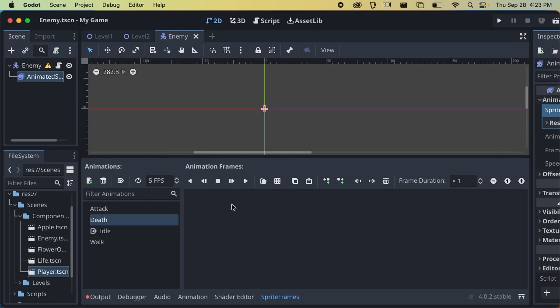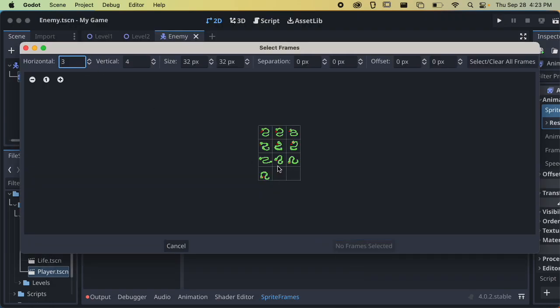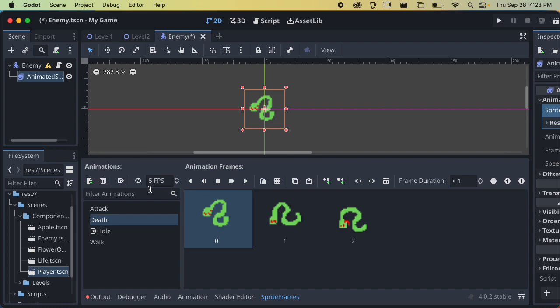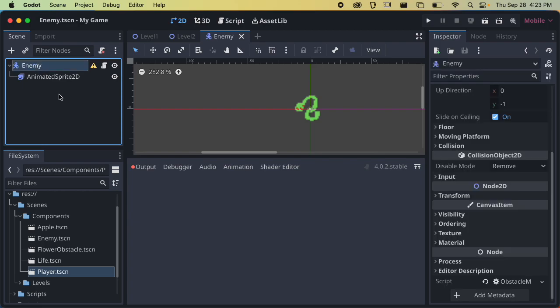Okay, and then I have my death one. Just going to grab that sprite sheet one more time. Grab these last 3 frames. And let's see what that looks like. Okay. I could probably use a few more frames there, but it's good enough. So we've got our animated sprite. That's good to go. So then let's go back to our enemy. So the next thing we need